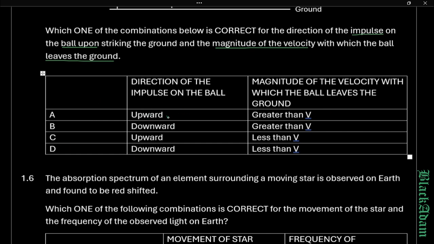Impact of it is upwards as it strikes. I just keep to doubt that as it strikes now. So that means we have, so we have